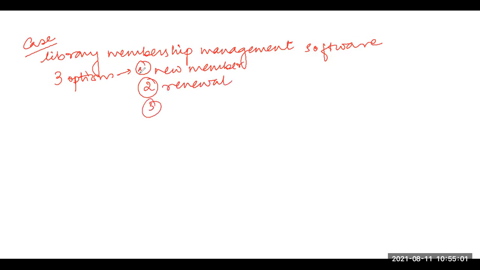I have to make a library membership management software, and it should support three options. The first one is the new member option. The second one is the renewal option. And the third one is the cancel membership option.